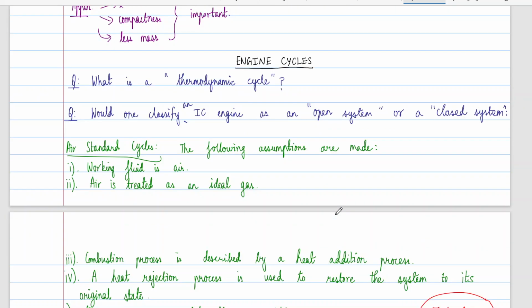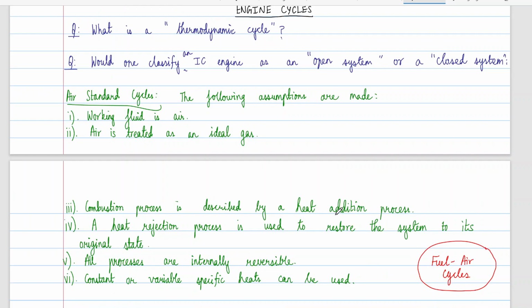Okay, so let's start discussing engine cycles, and while we are discussing engine cycles, we will come to that. So the engines essentially